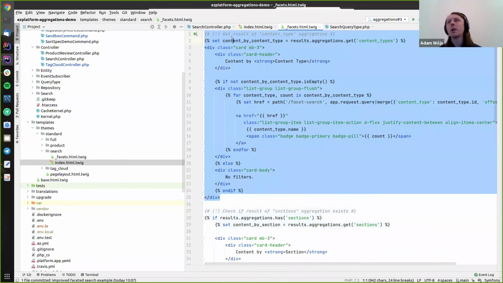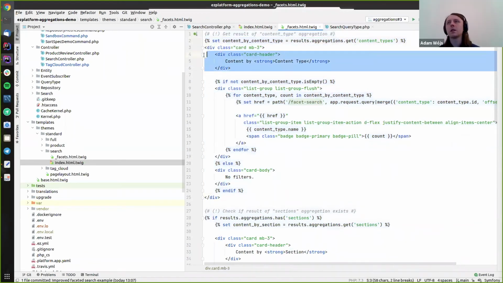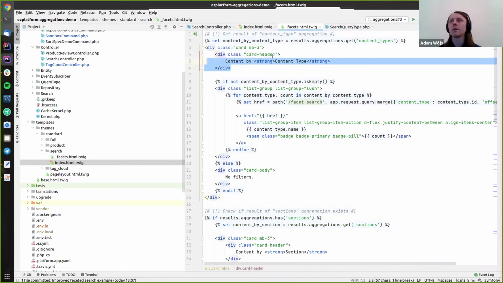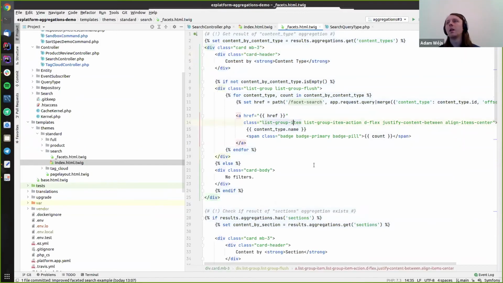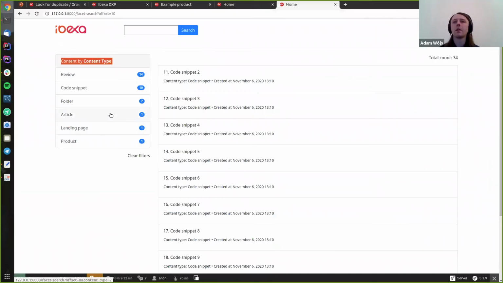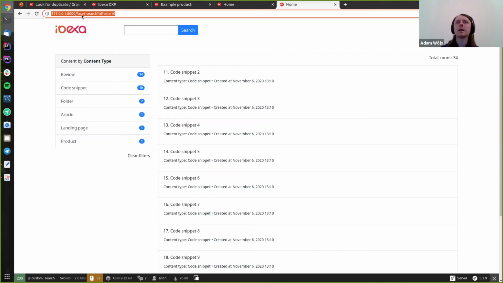And what I'm doing here, besides the front-end stuff like rendering the facet navigation and facet name, I iterate over the result for this specific facet, specific aggregation result, and I'm generating the URL,